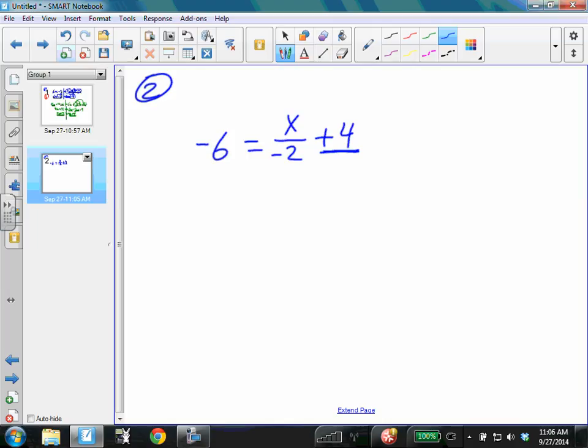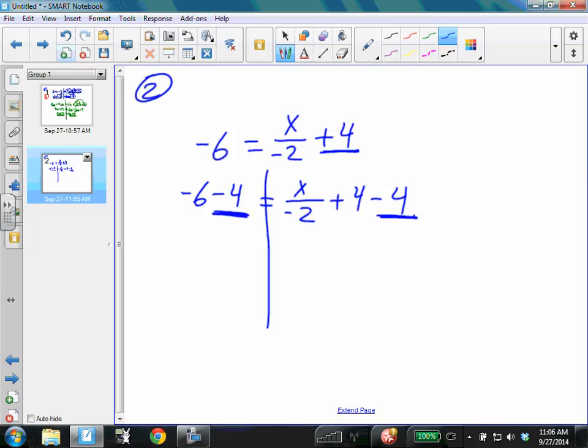And since they're adding 4, I'm going to subtract 4 from both sides. So I'm going to put my negative 6, but then I'm going to add in that negative 4 right there. So x minus 2 stays, the plus 4 stays. So I write everything down the way it is, but then I'm also going to include a minus 4. Okay, and here's my equal sign, and you can see that I put negative 4 on both sides of the